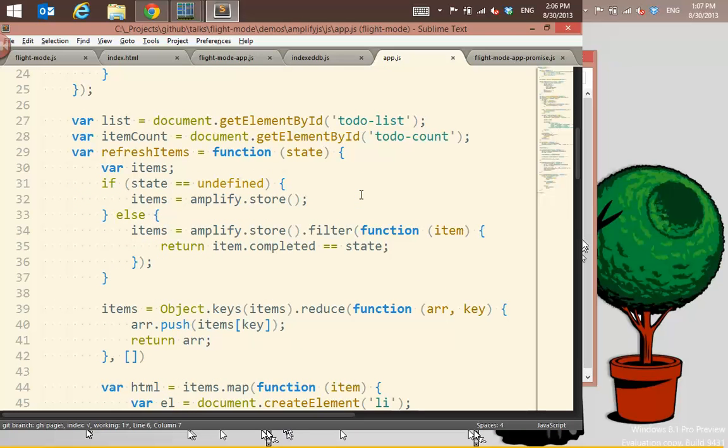the way that you would do a get all operation is you just call amplify.store and don't pass it the key, or you don't pass it anything. And this just goes, okay, you haven't requested anything specific. Here's all the data that you want. If you want just a single item,